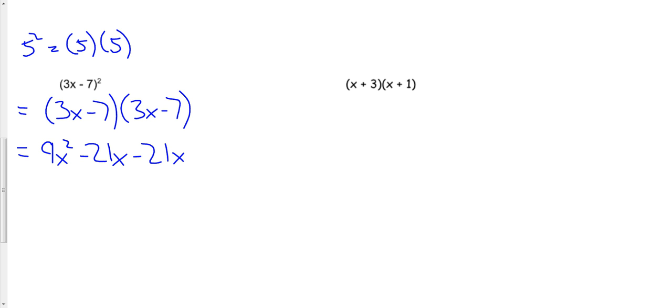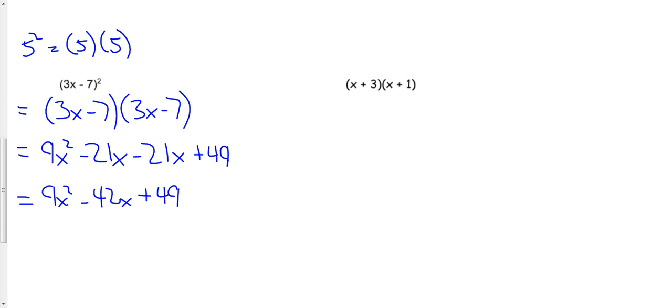And then finally, I'm going to multiply the last term. So negative 7 times negative 7, which will give me positive 49. So if I collect these like terms, again, the like terms are negative 21x and negative 21x. So I'm left with 9x squared minus 42x plus